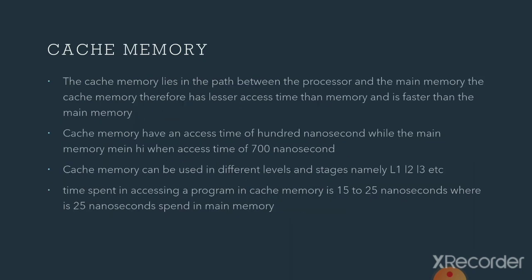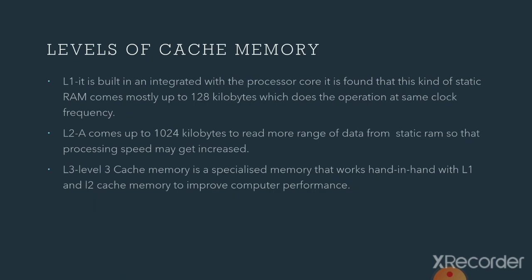So there are three levels of cache memory: L1, L2 and L3. The time spent in accessing a program in cache memory is 15 to 25 nanoseconds, so accessing a program in cache memory is faster and requires less time compared to main memory. So the levels of cache memory are L1,